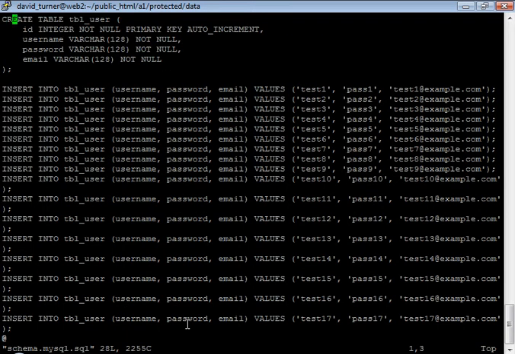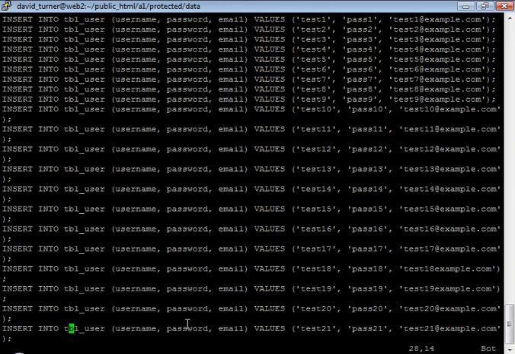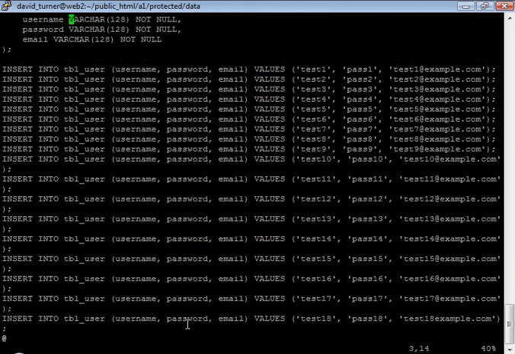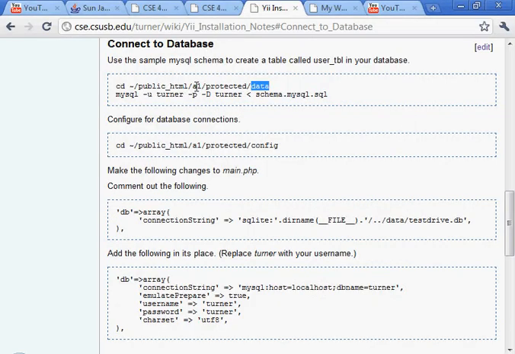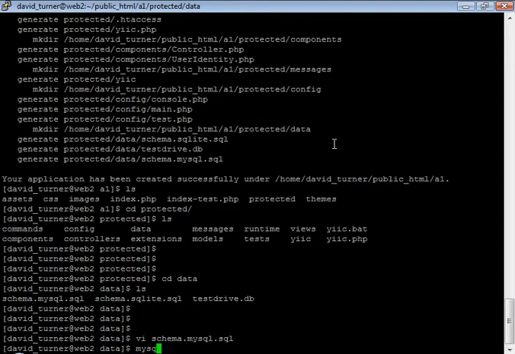And this creates a table called table user. And we don't need to change any of these. They all look okay. They create these users, test1 with password pass1 and some sample email. So basically we need to run that. So I'm going to test that I can